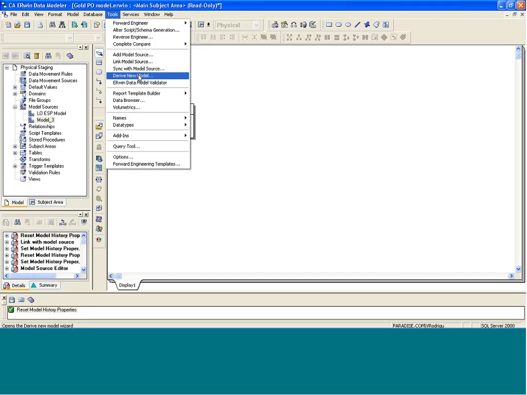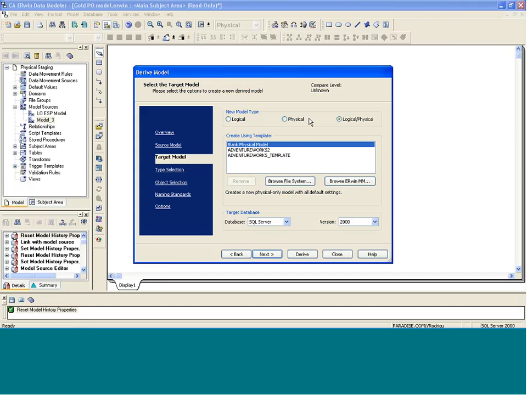But let's say we have a single logical implementation, we've designed it, we need to now derive a physical model for Oracle, for an Oracle design. We use derive new model, and during the derive process we specify a physical or logical/physical model, and we simply specify what our target database is going to be. Everything else is going to be standard